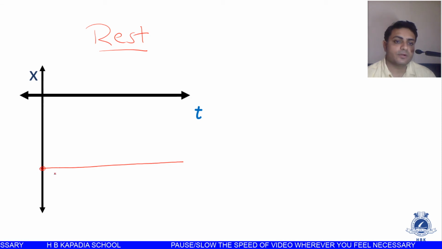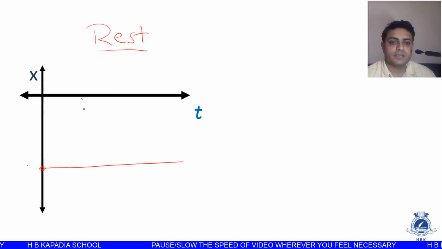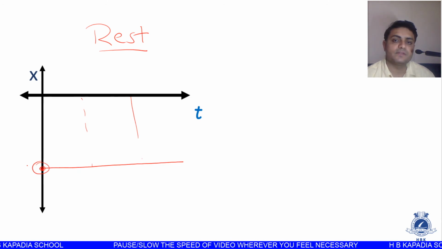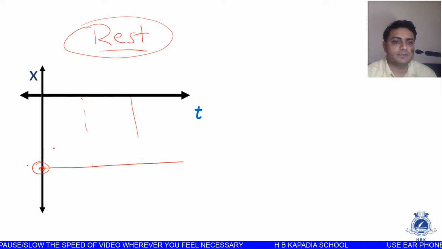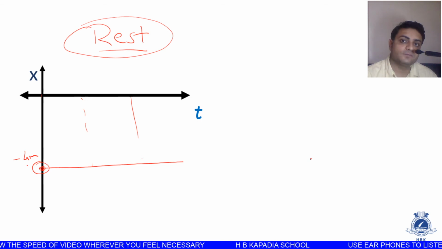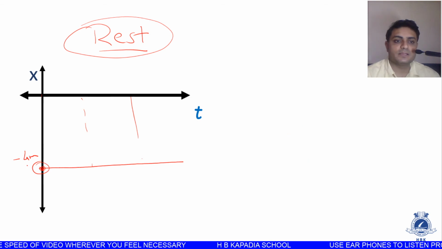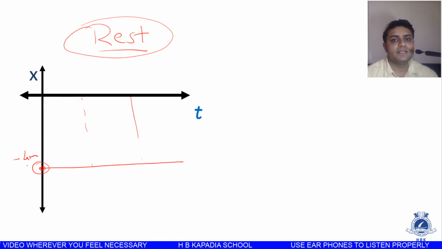Why? Because this object is somewhere at this position. Here the time is changing, but the position along with the time is not changing. So if the position doesn't change with time, then we can say the object is at rest, or we can say it is stationary. Okay, so this was the graph of x versus t for an object which is at rest somewhere along negative direction. It means imagine an object is lying at a coordinate of -4 meter. Imagine an object which is at -4 meter from the origin, then the graph of x versus t will be like this. Okay, it is remaining at rest, it is remaining at -4 meter itself, even if the time changes.